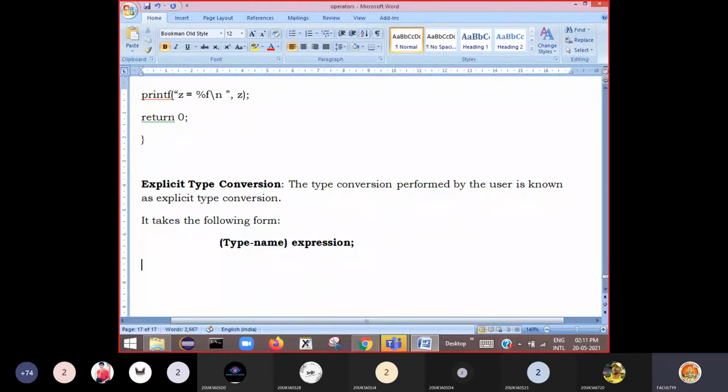Assume this is an expression of some type and you want to convert it into another type. Whatever type you want to convert to must be enclosed in parentheses before this expression.